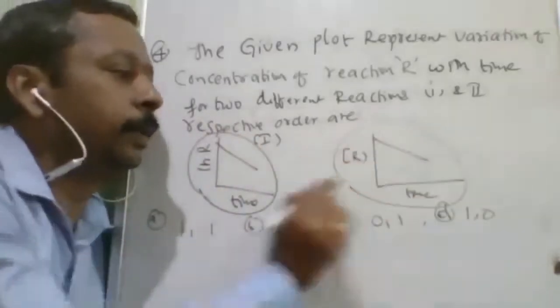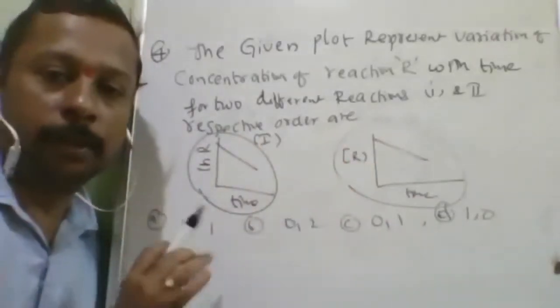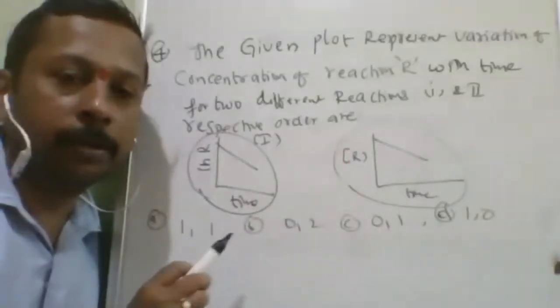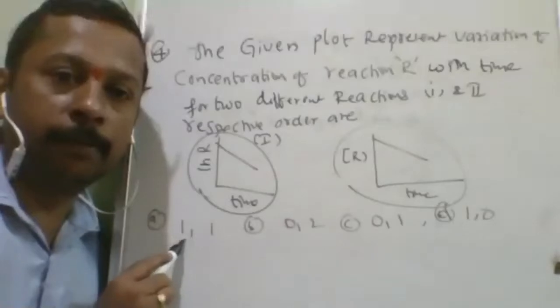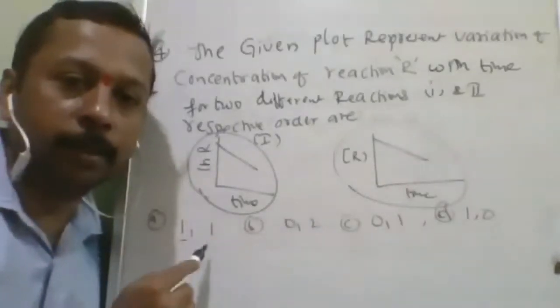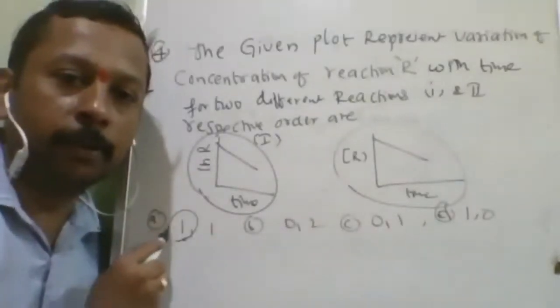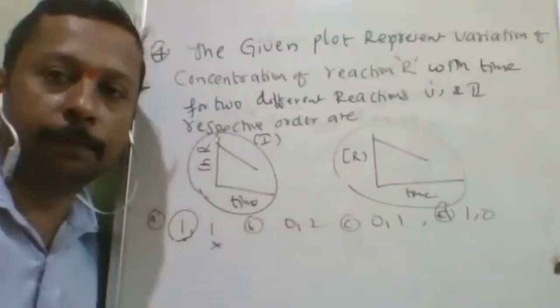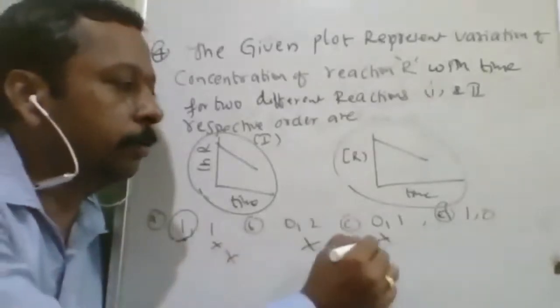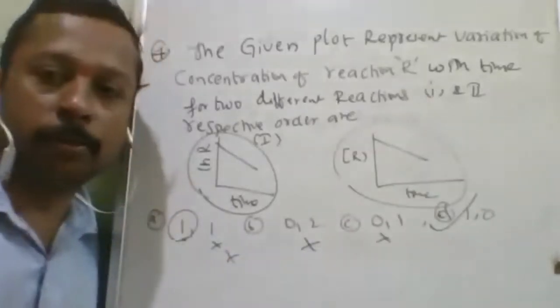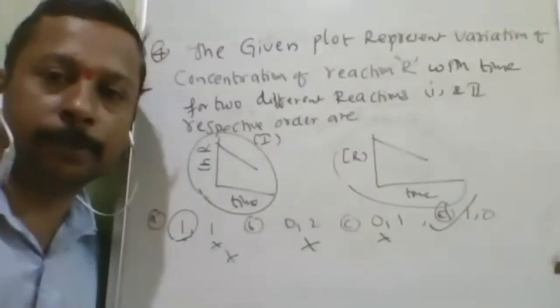And where there is no log, this cannot be first order. So without knowing any complicated logic, simply the first should be one and another should not be one. There was no problem with this option, but the problem is with the second part. So I should not take this one, this one, or this one. I should go for the D option.